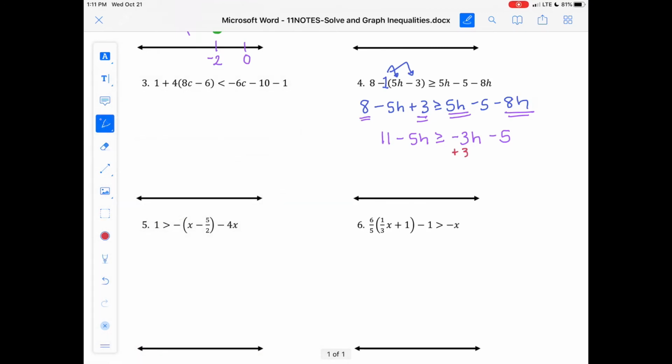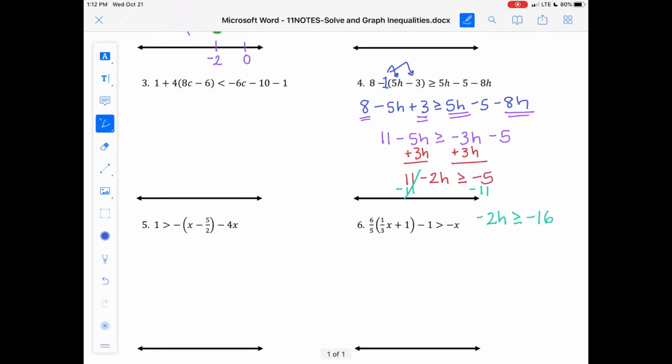So let's move the 3h. So we've got plus 3h. And that's 11 minus 2h is greater than or equal to -5. I want to get h by itself. So maybe I'll subtract 11. I don't have to change the sign because that was just subtraction. And that now, that goes away, gives me -2h is greater than or equal to